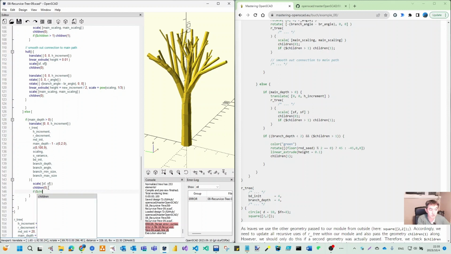If $children more than 1, then get children 1, and here,